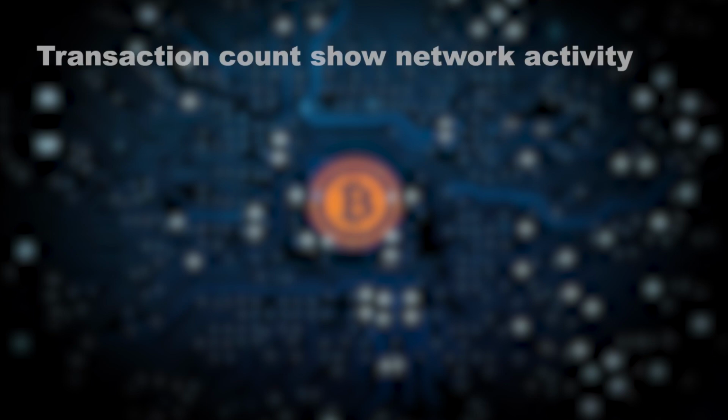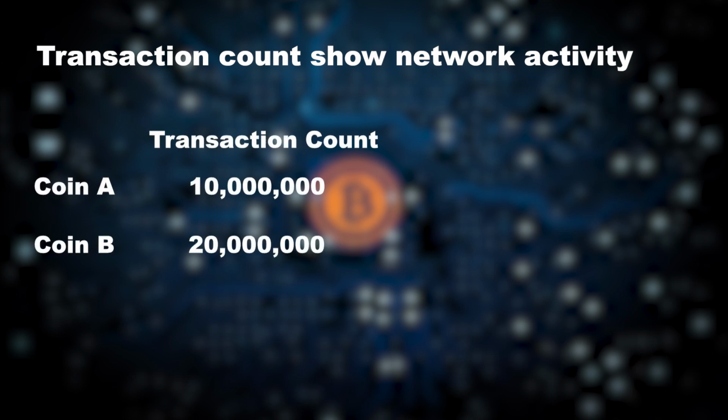To give you an example, as I mentioned in the video, transaction count can be a sign of network activity, and a higher number of this metric when you're looking at two coins may give you a signal that there is more network activity for the coin with higher transaction count. But as I explained, this metric can be misleading and one person can transfer money back and forth to inflate the activity. Besides this, looking at the transaction count in isolation doesn't tell you much when you're comparing two coins,